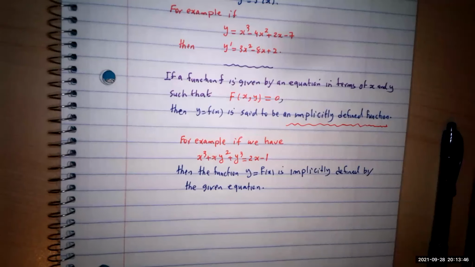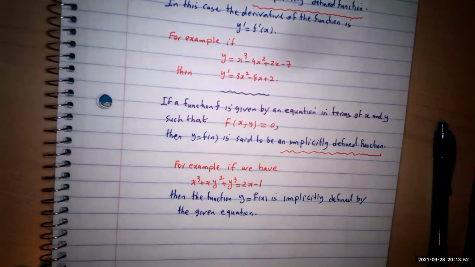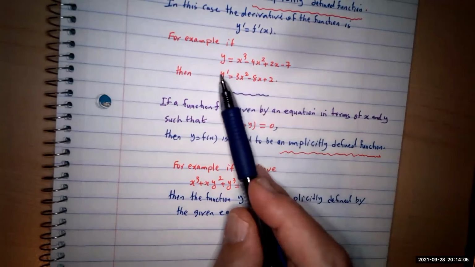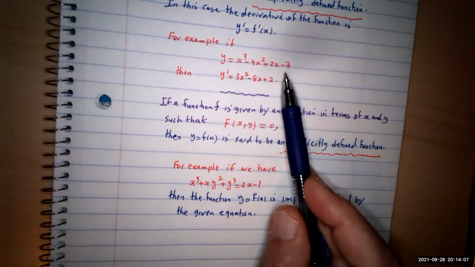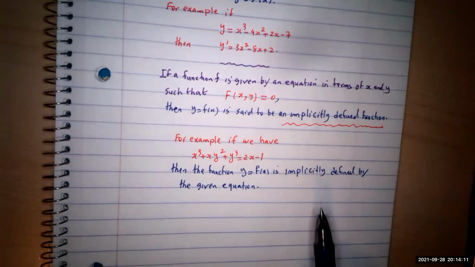Okay. Any question? So make sure you know the difference between these two ideas. The question is going to be, you see the first one, because this is calculus, we are interested in y prime, the derivative of the function. For the first one, it's done, because y is already given, the derivative of y would be y prime, and you are done. But for this one over here,